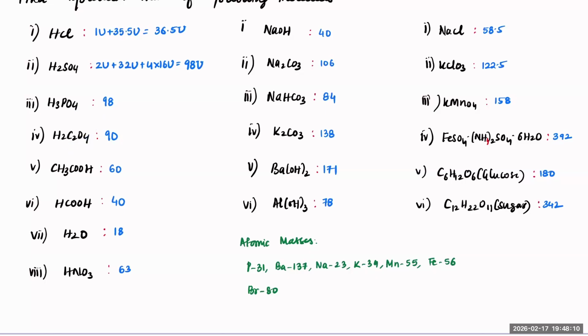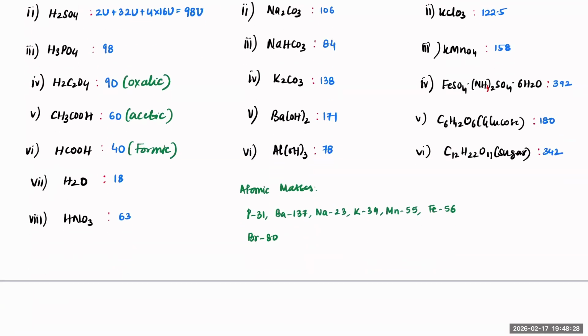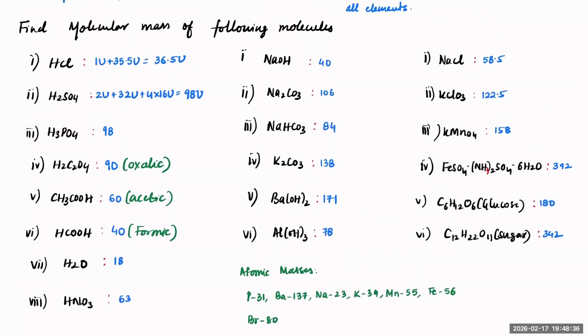This is oxalic acid. This is an organic acid which we will be using. Oxalic acid. CH3COOH, acetic acid. HCOOH, formic acid. Very good. H2O, water, or dihydrogen oxide. HNO3, nitric acid. Right. NaOH,